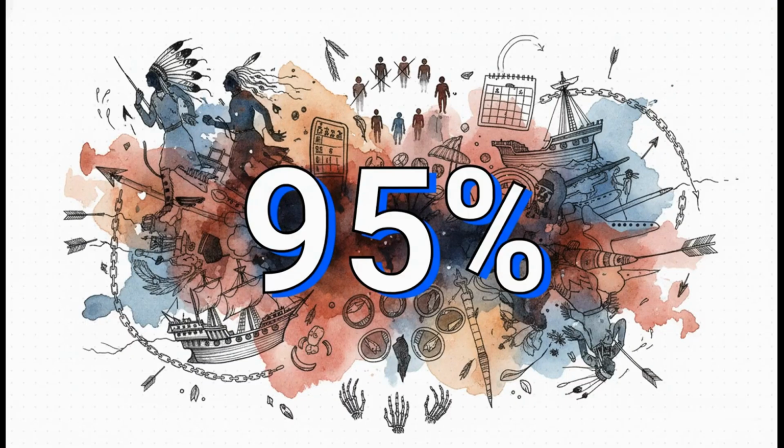Historical demographers have uncovered a number that is just hard to wrap your head around. The post-Columbian depopulation rate across the Americas was a catastrophic 95%. As David Stannard points out, this is widely considered the worst demographic disaster in the entire history of our species. To put that 95% into perspective on a human level, it means that on average, for every 20 Native individuals alive at the moment of European contact, only one single person stood in their place when that initial bloodbath and